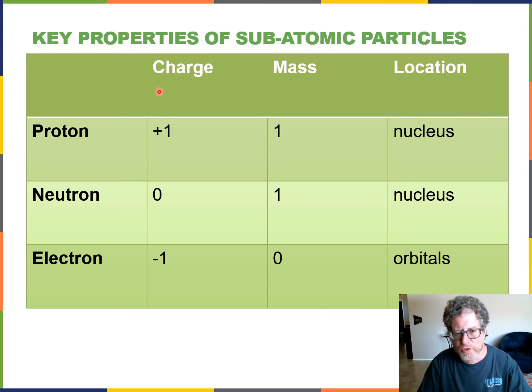You'll have to know the key properties of these subatomic particles. So the charges of a proton are +1, of a neutron is 0, that's why it's neutral, of an electron is -1. The mass of a proton is 1, the mass of a neutron is 1, the mass of an electron is close to 0. It's actually